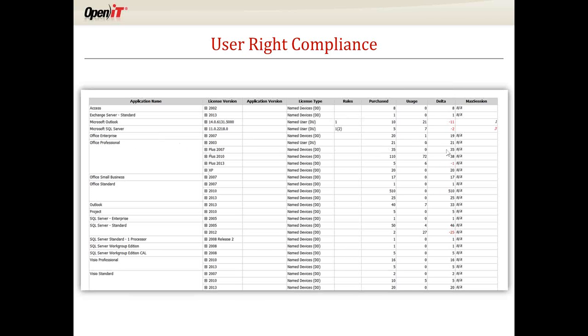So in this particular report, obviously we're looking at the bare minimum standard information. What applications do I have? What versions do I have? What type of licensing agreement do I have? Is it named user? Is it a network license? Is it a global or a WAN license? What are my usage rights in that? Obviously, what's been purchased, and most of us have that data, and this is the piece that's missing. What are we actually using, and where are we off? What does that look like?